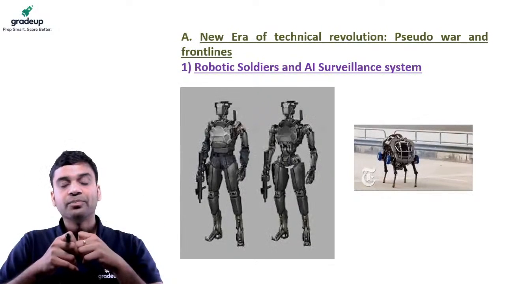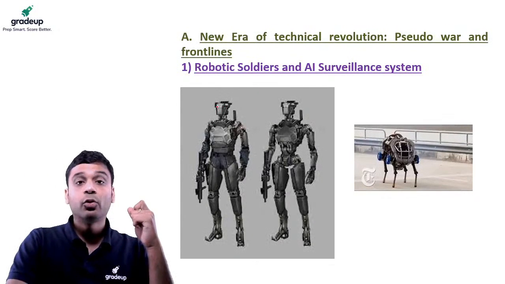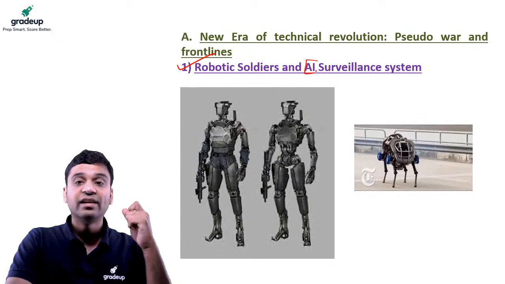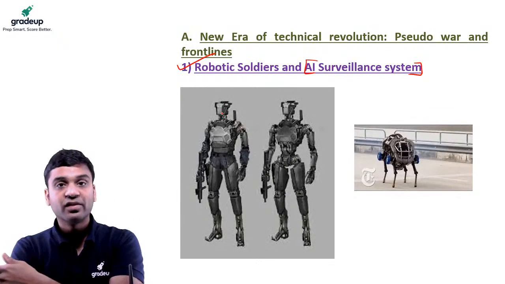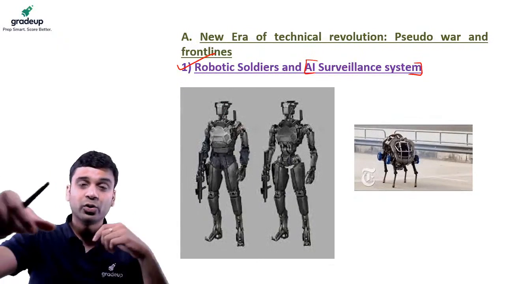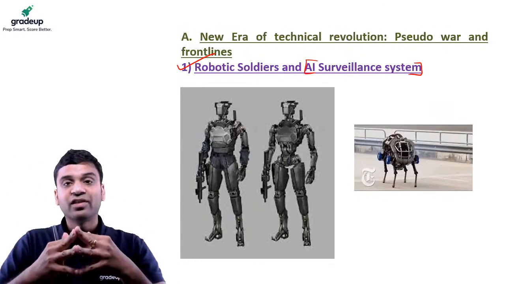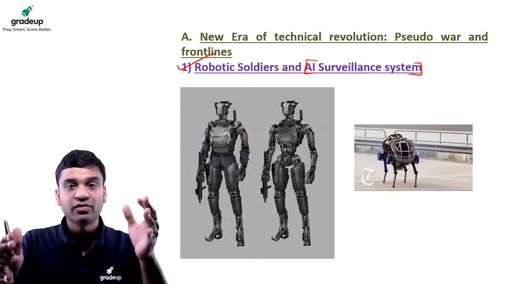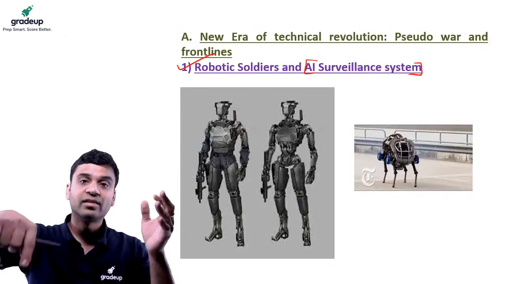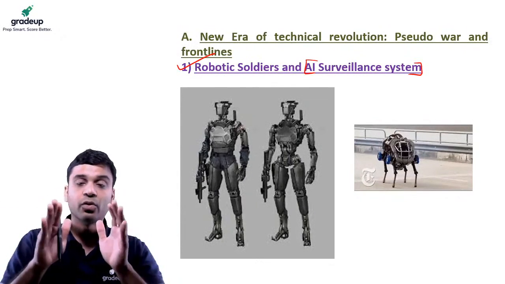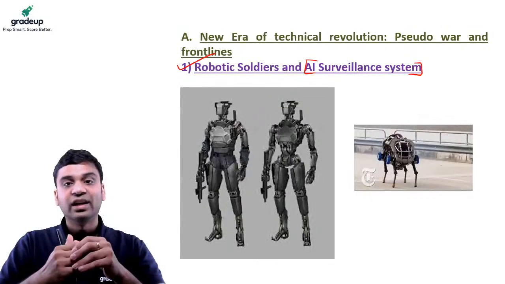अभी देखेंगे what are the actual applications of my disruptive war technologies. The first, as I told, you can have robotic soldiers, है ना, and artificial intelligence surveillance system. So ऐसे robotic soldiers बना सकते हो for the army, or you can monitor एक बड़ा building है, if there's some important defense establishment which holds the sensitive information, that can be surveillance पे लगा सकते हो उसको for monitoring the terrorist activity and all.